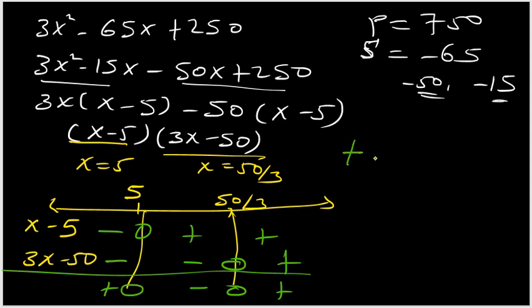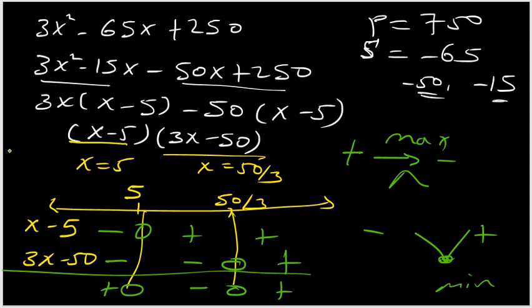Now let us see the sign change. A sign change from positive to negative is a maximum, and from negative to positive is a minimum. Because we are asked to maximize the volume, we want the sign change from positive to negative. What is this point? It is 5. Therefore, our conclusion will be: